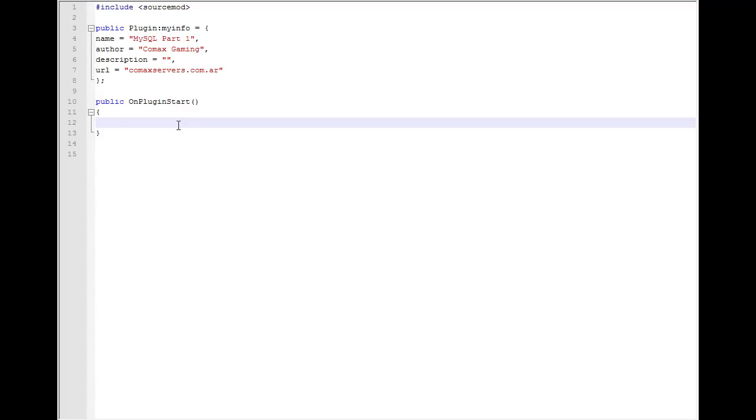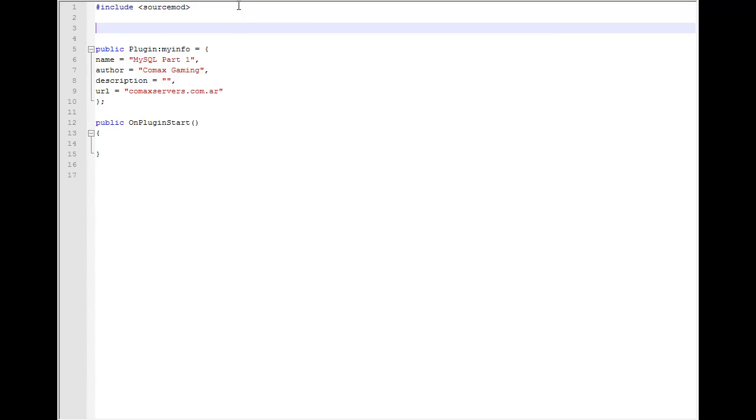What I like to do is actually create the connection. So we're gonna make a global handle here, new Handle. We're gonna call it DB for database. And we're gonna leave it as default. Actually, no, we're gonna set it to INVALID_HANDLE. And then in OnPluginStart,